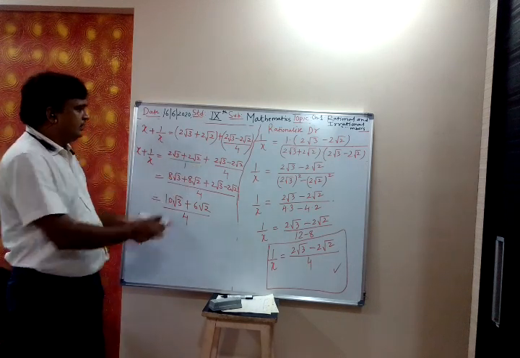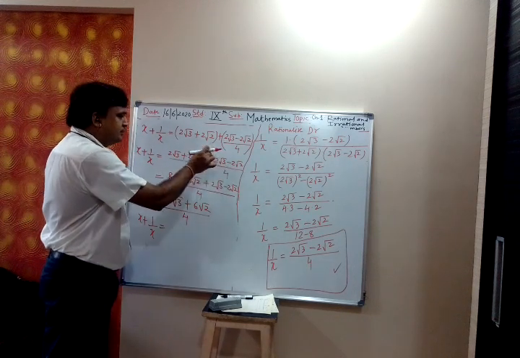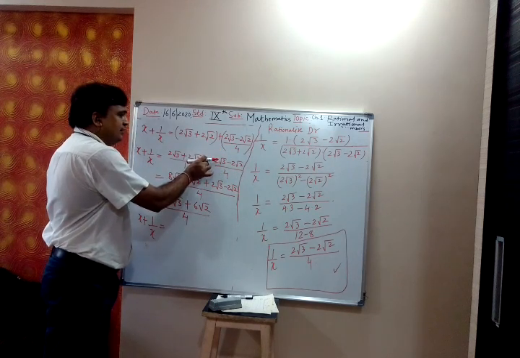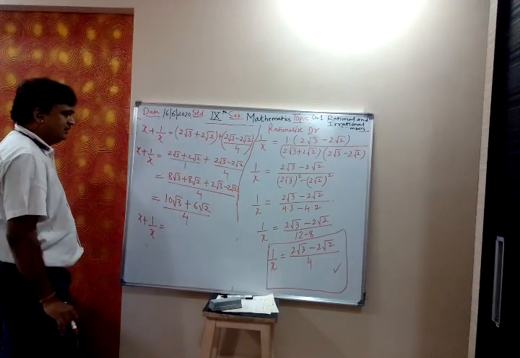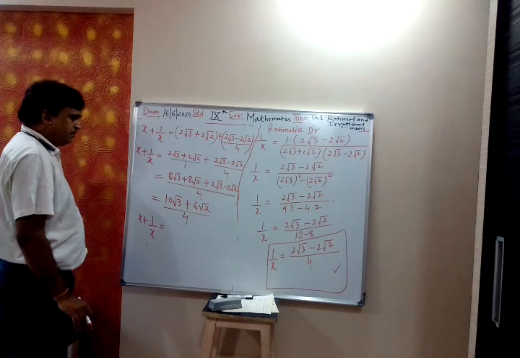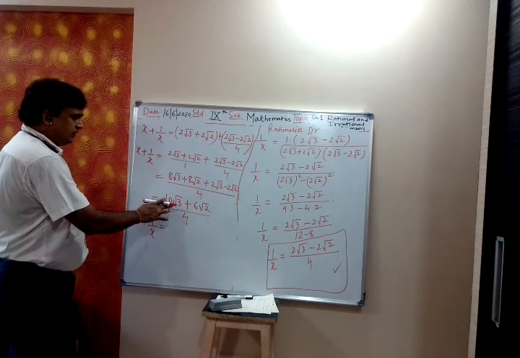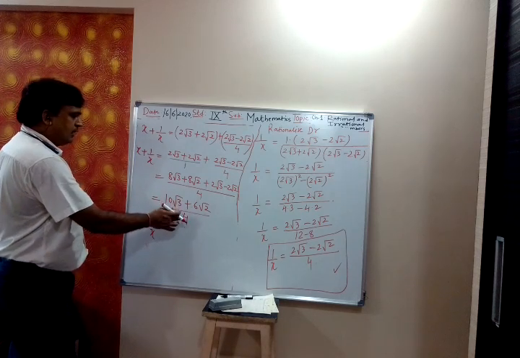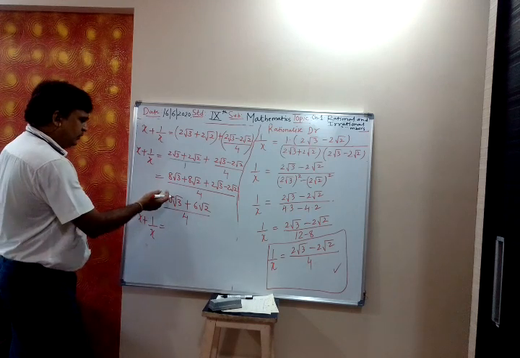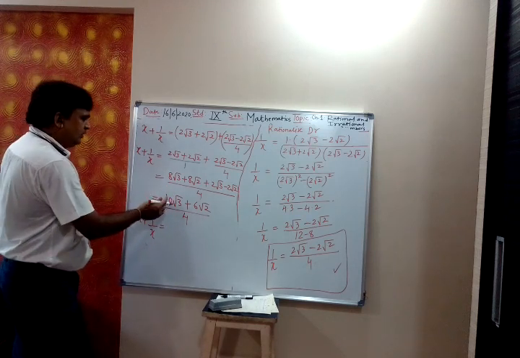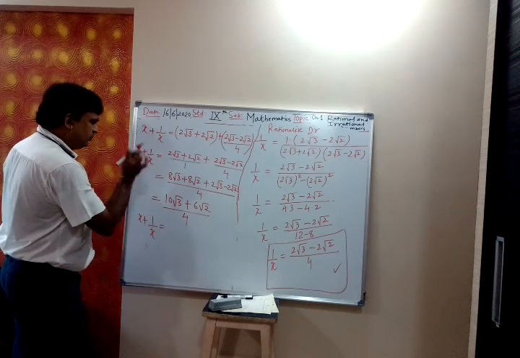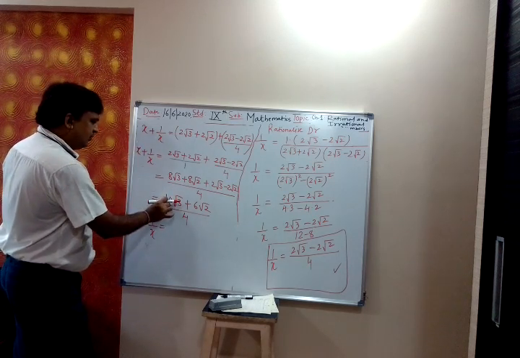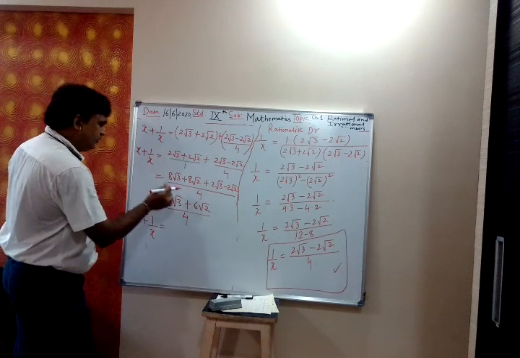See, if the denominator is not there and there is addition, not multiplication, I cannot use a plus b into a minus b. Is it clear? So 10 root 3 plus 6 root 2 upon 4. What you can do at most, you can take common if you want, or you can stop there.